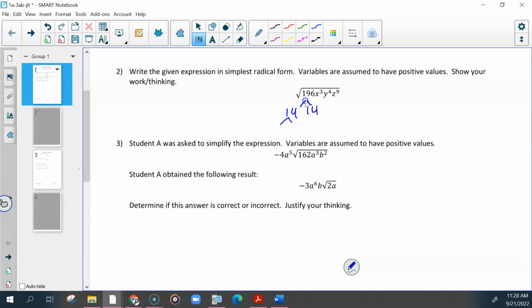What that really means is 196 is a perfect square, so we could have just brought that down, but since we're doing factor trees, we're going to bring it down all the way. So we have a 7 and a 2 that comes out. If we're doing factor tree method for our variables,